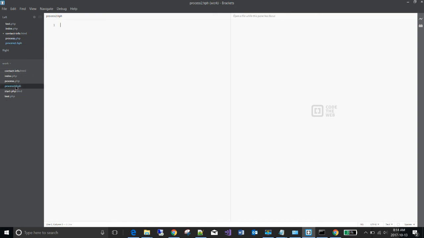So process2 is going to, I made a mistake there, let's rename this. I made it HPH, it should be PHP. Okay, so here's my process PHP. Now there's a command in PHP that does what we call auto magic. If you say extract $_POST,